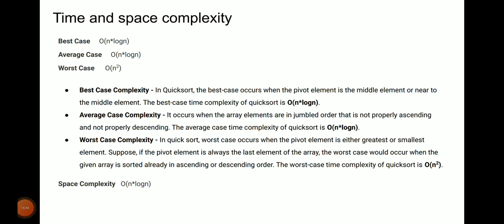In the worst case, we have problem size n. Then we solve the array. We will get on the left 0 elements, the pivot in the middle, and on the right n minus 1 elements. And this scenario continues on and on, and the recurrence relation of the worst case of quicksort is T of n equals T of n minus 1 plus n. N is the first pass, scanning the whole array at the time of the first iteration.